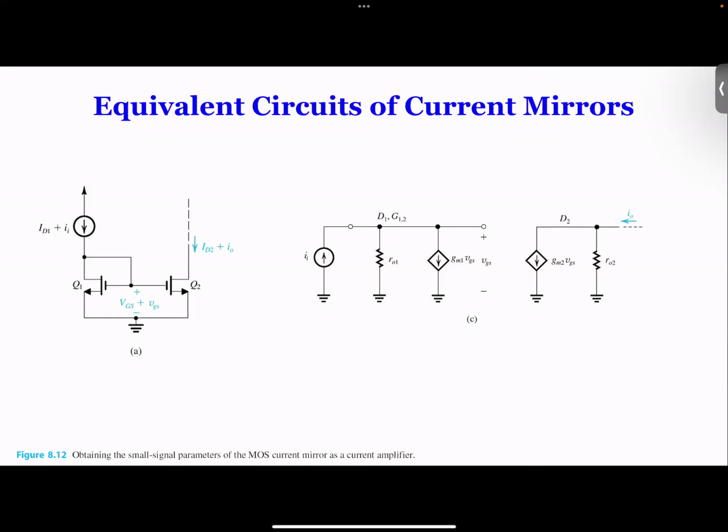When we look at output resistance, what we need to do is simply open the current source to see what we have. When we open the current source, basically here, there's no current in this whole branch. And then this whole branch becomes nothing. And therefore, no current here, VGS is 0, and this is 0, and this becomes open. So therefore, your output resistance is simply like,